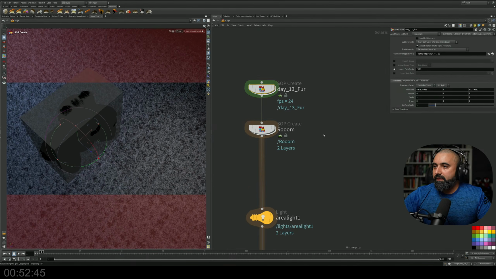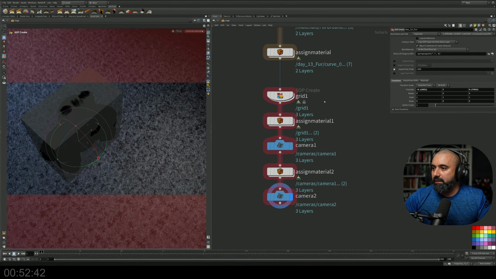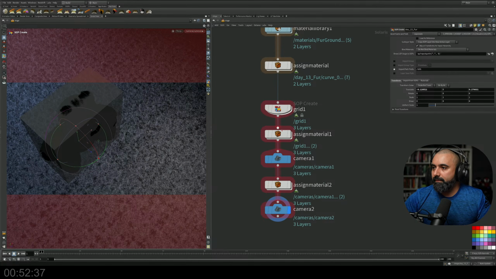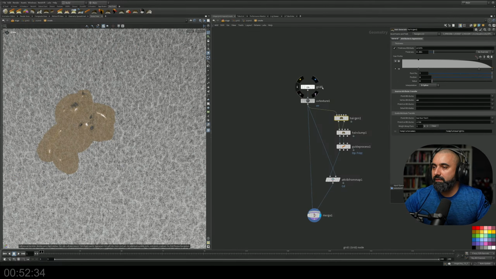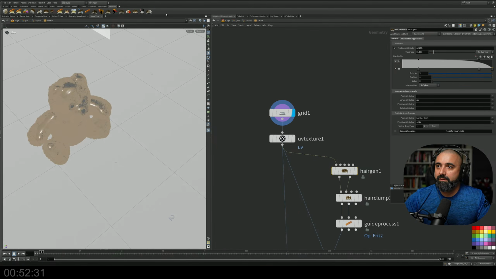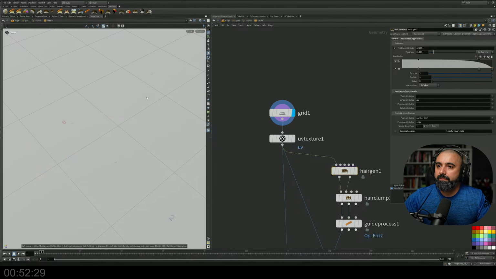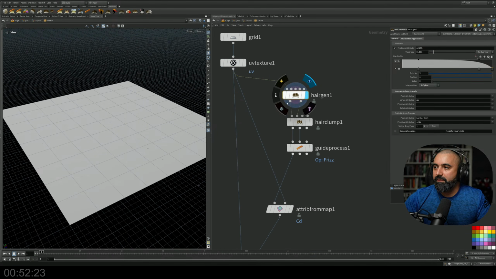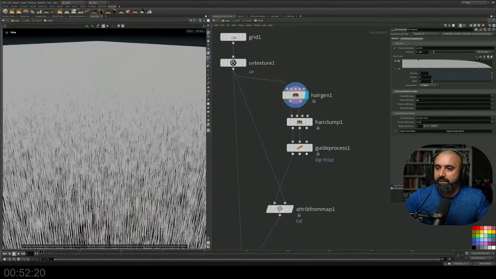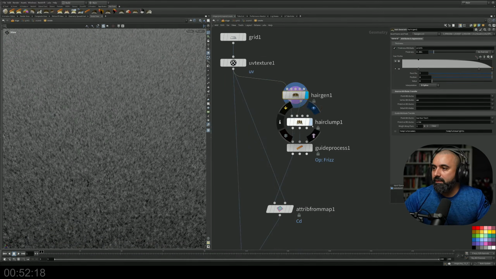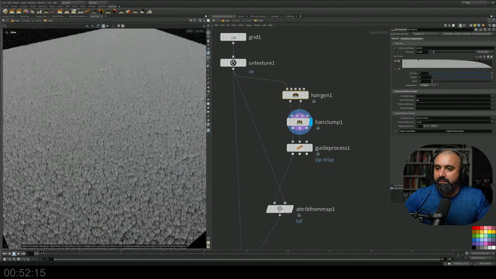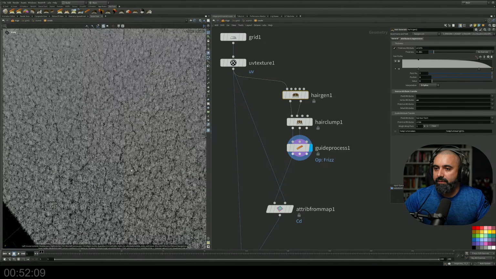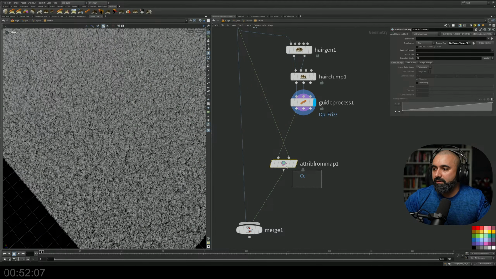And if we go back, for the ground I did something more simple. Let's go here. So essentially it's just a grid, and I added UVs for the texture, added the hair generator, which just generates these lines. Then we clumped it. You could see the clumping going on there. We added frizz, and then we used the